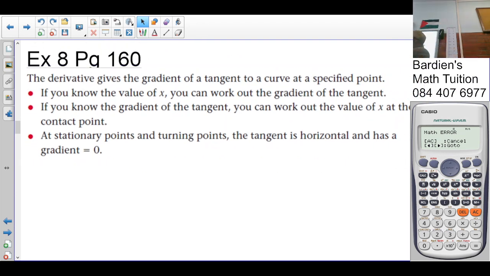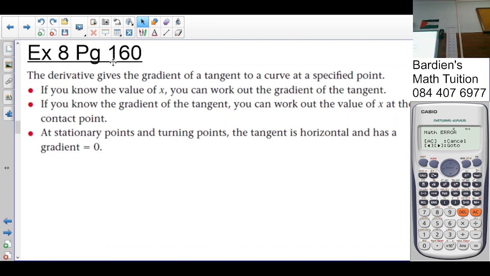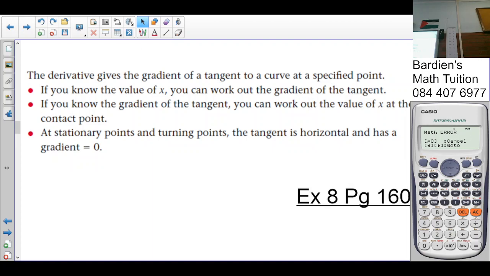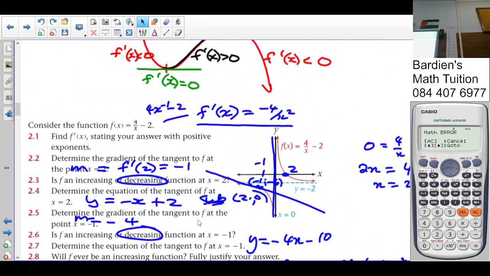So there's a note you guys can write down at home. It's important to note that the derivative gives the gradient of a tangent to a curve at a specific point. That we know already. If you know the value of x, you can work out the gradient of the tangent at that point. If you know the gradient of the tangent, you can work out the value of x at the point of contact. So just taking that into mind, if you look at this here,